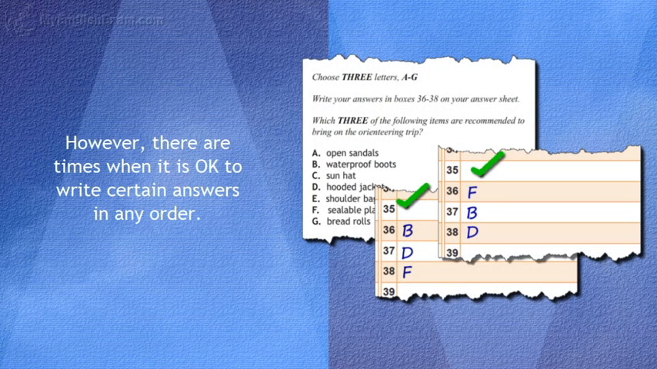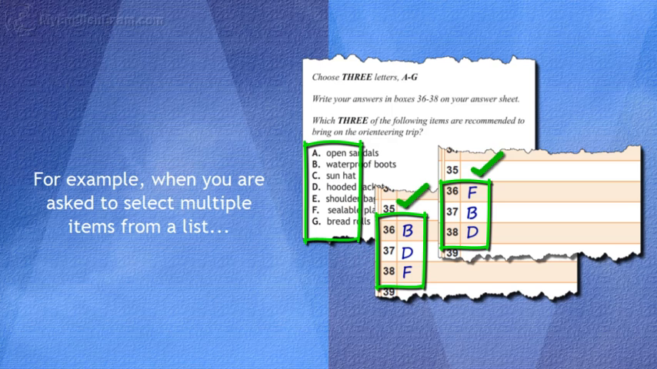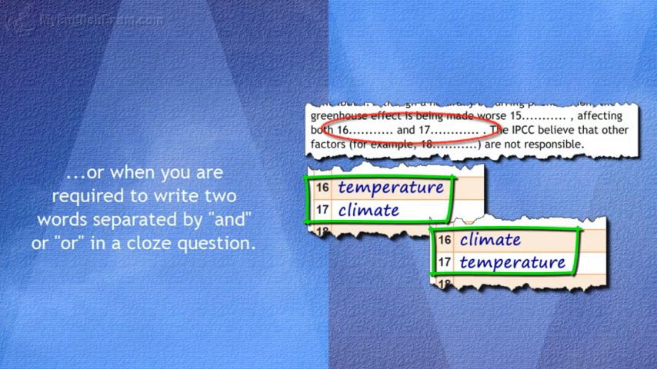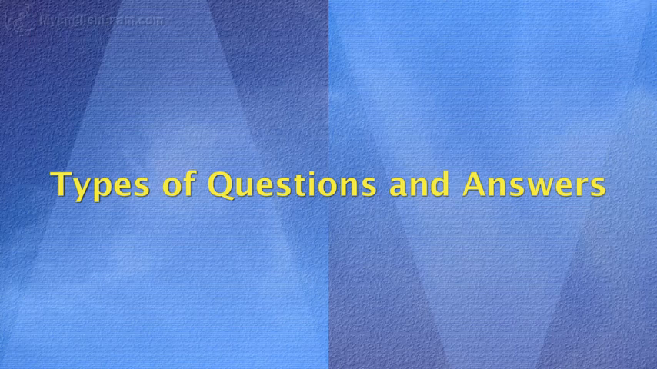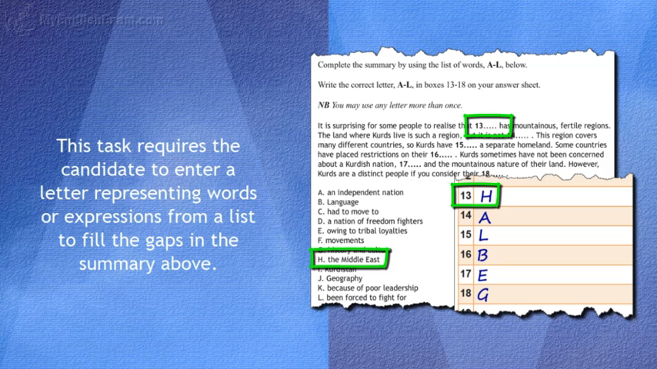However, there are times when it is okay to write certain answers in any order. For example, when you are asked to select multiple items from a list, or when you are required to write 2 words separated by "and" or "in" a closed question. Reading and listening questions that ask you to write letters. This task requires the candidate to enter a letter representing words or expressions from a list to fill the gaps